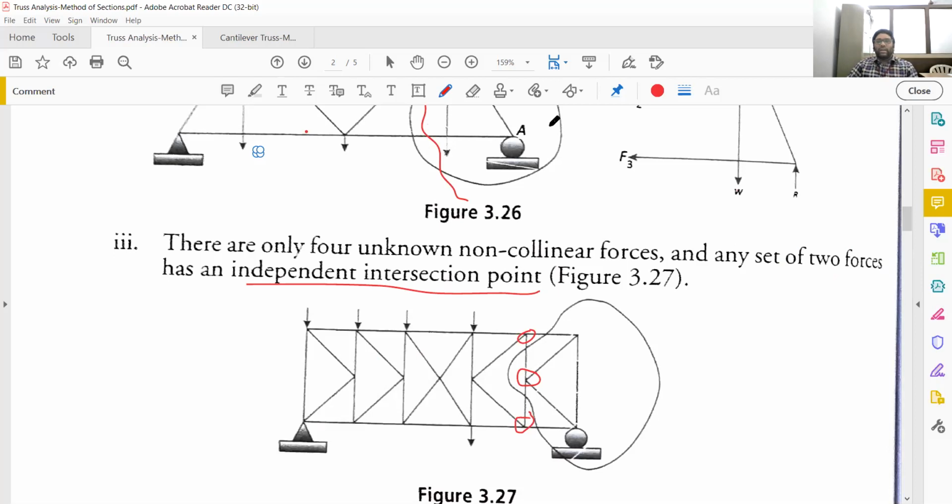In tomorrow's class, I will explain how to solve the problem using method of sections. If you know the concepts of method of joints, method of sections becomes easy because we use only three expressions. For support reactions, the sum of all the moments is equal to 0, and for forces in all the members, we take sigma Fx equal to 0 and sigma Fy equal to 0. So this is for today's class. Thank you all. In tomorrow's class, we will finish off the method of sections, one or two problems.